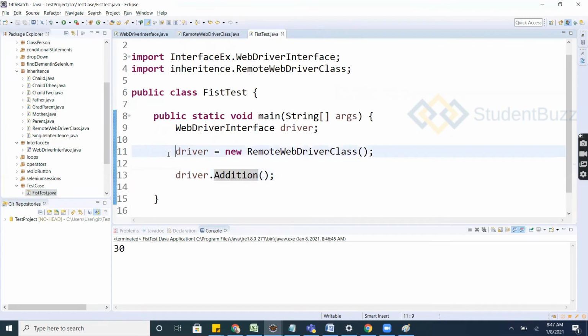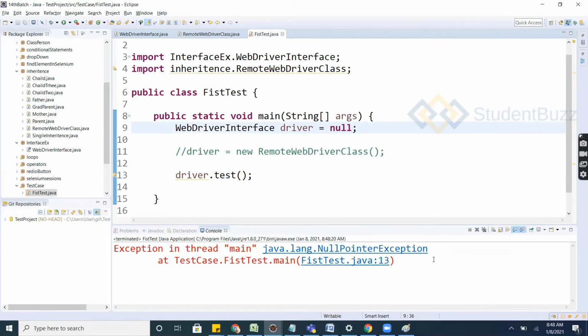If you are not doing this here, if you call this test and set this equal to null, still it gives the null pointer exception. You need to implement somewhere, and you need to use this because it is a reference variable only. It has not created any object. Without creating an object, you cannot use it. The reference variable should have some space or memory in the JVM. Then only can you do that. So it is not allowing. And if you want to use this without creating it, you can also use driver.test directly.